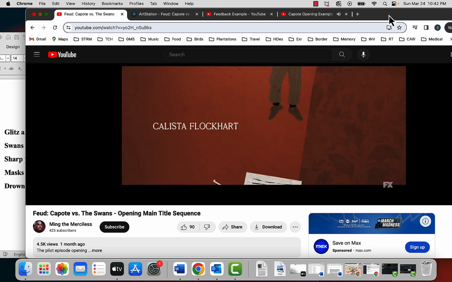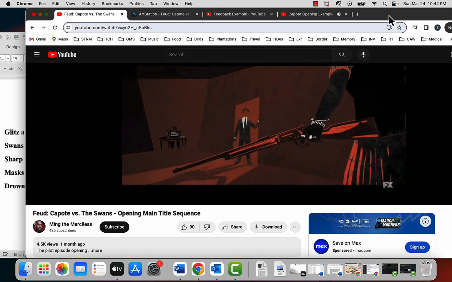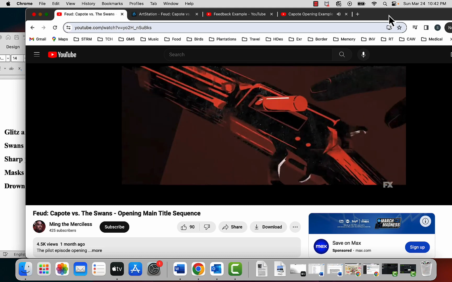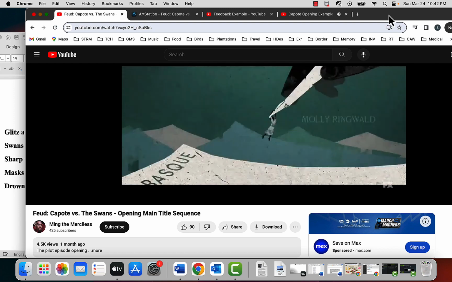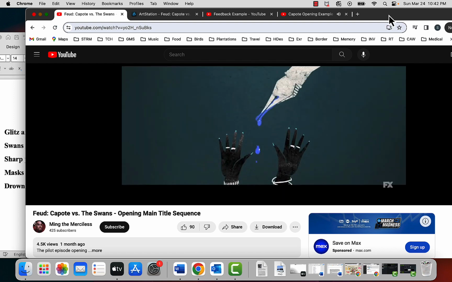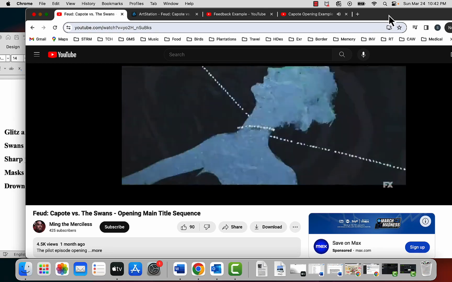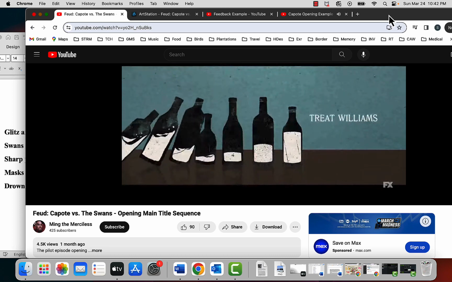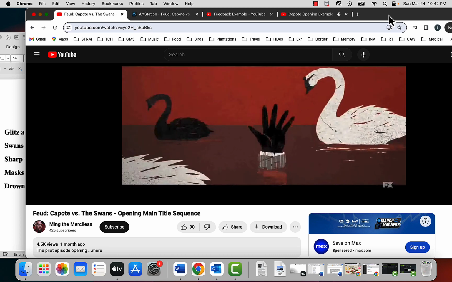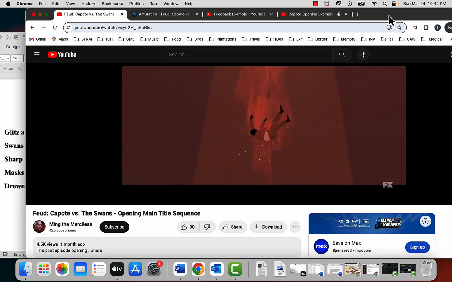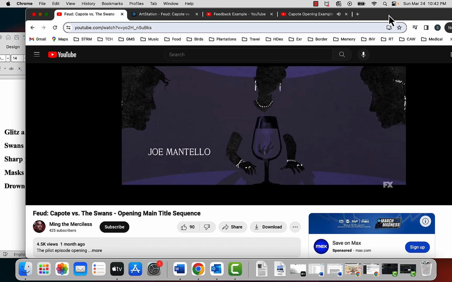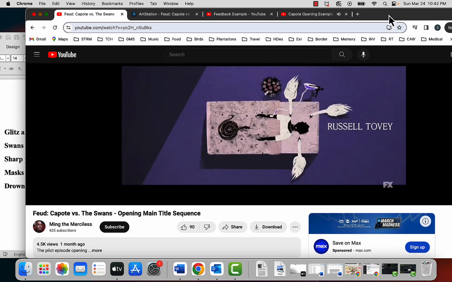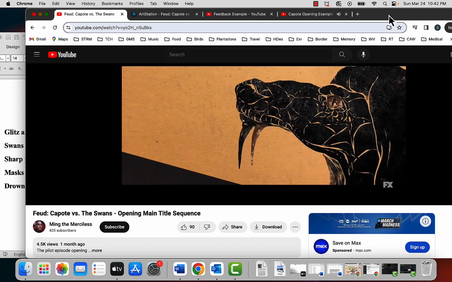Falling, see the movement of the falling. I didn't talk much about the guns, but they felt like the pen was the gun. Here we go, the falling, the movement, falling over, and the buildings are falling. And there's the alcohol, water falling into water, or blood, or falling into a wine glass. A lot of falling movement. And here again, the serpent.